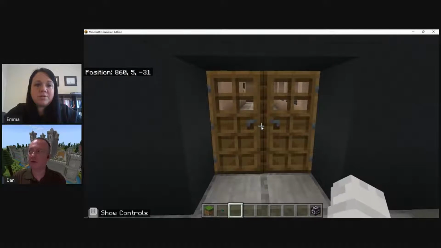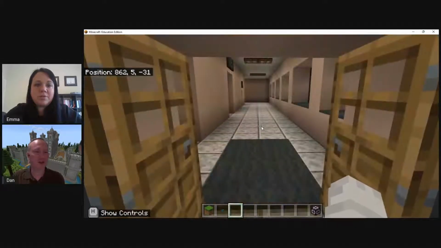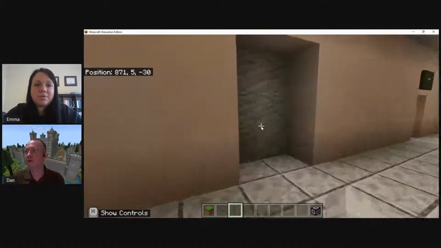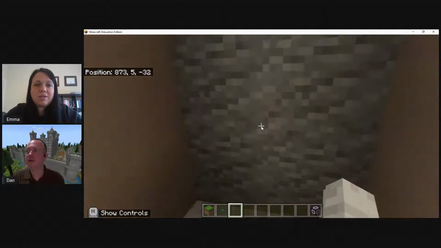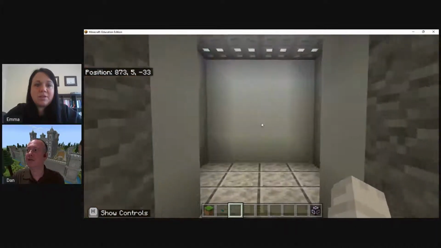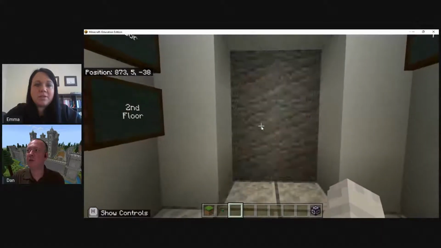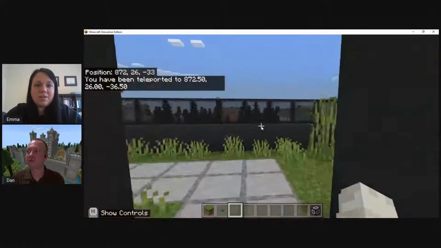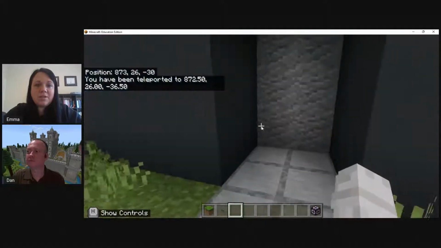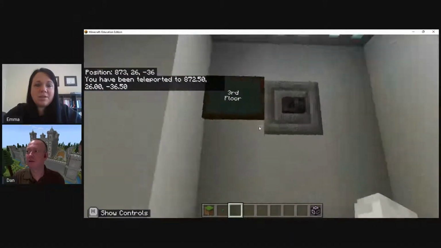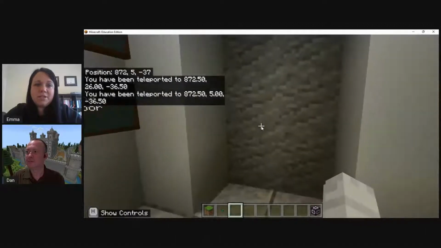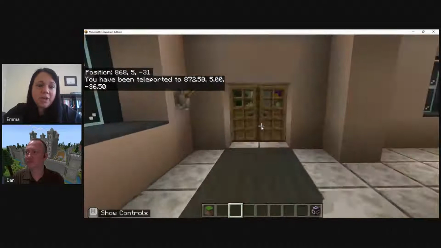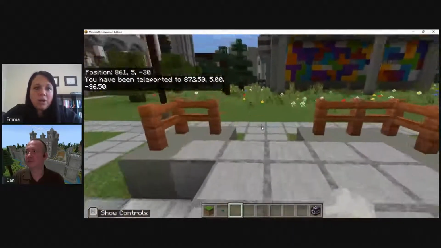All the doors are also sensored. So if I walk up to them, they just automatically open for me and close when I walk away. And I have an elevator here. So again, it automatically opens up, and then I can push a button to go to the next floor. All right, Dan, this build, not only is it incredible, but it's accessible,